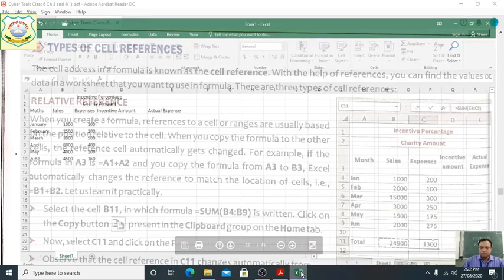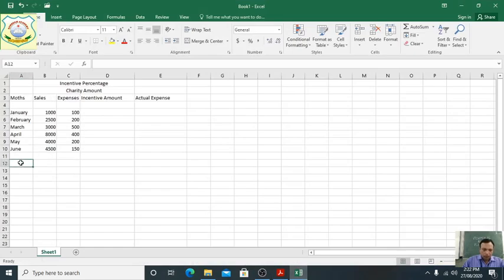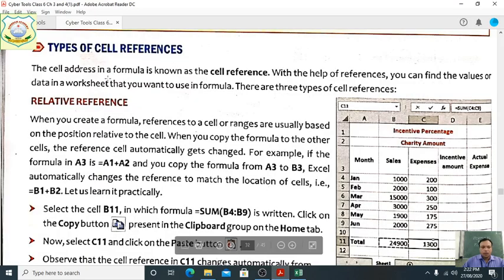So see everyone, if we want the total here, what do we have to use, students? Relative reference. There it was given as equal B1 plus B2, okay, meaning use the sum function, then a range, like B4 colon B9, which shows the range.